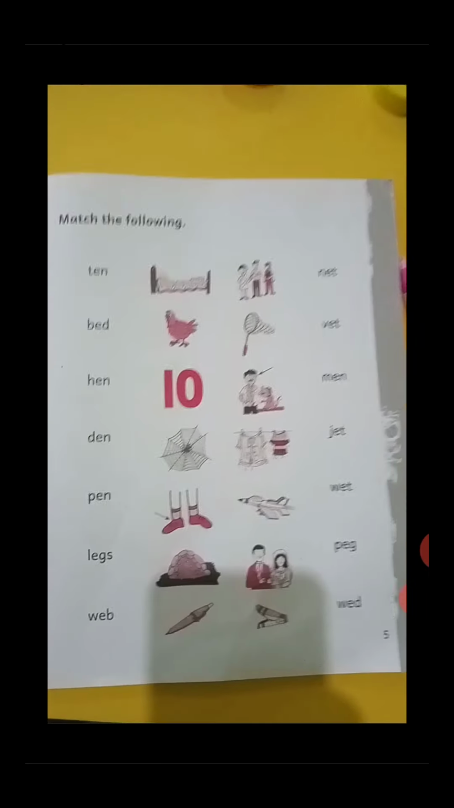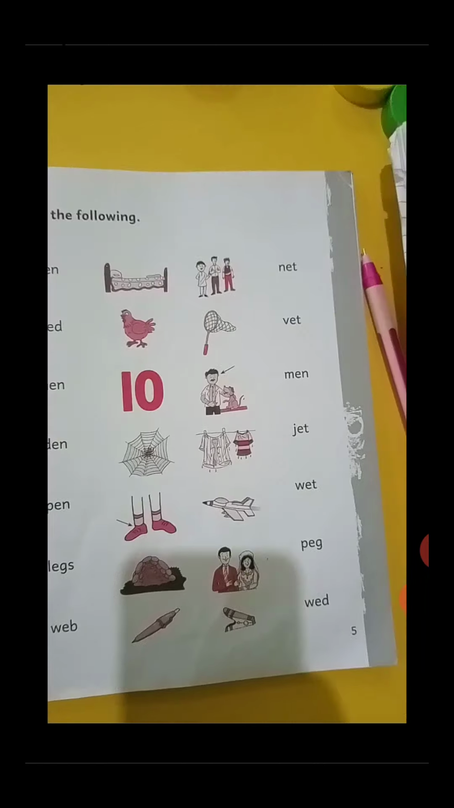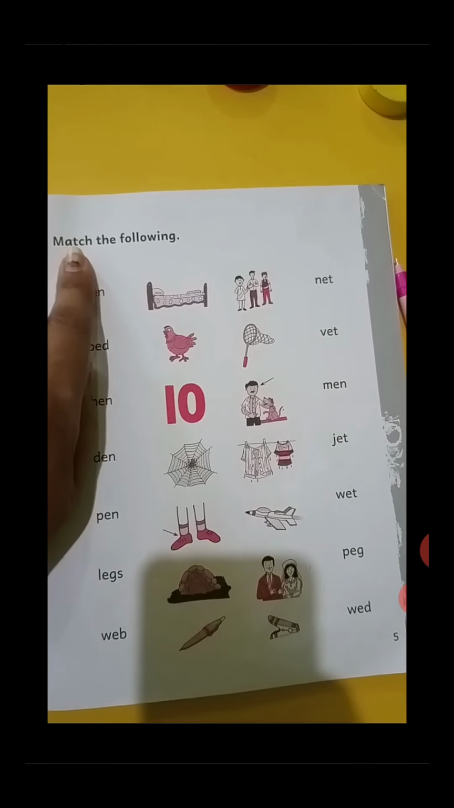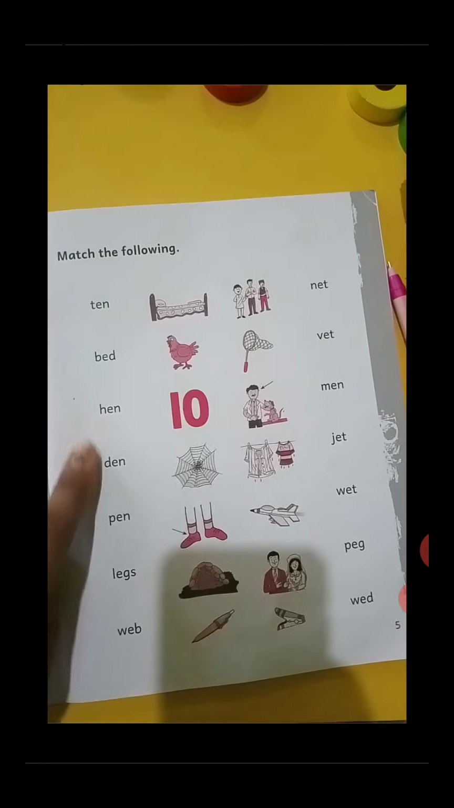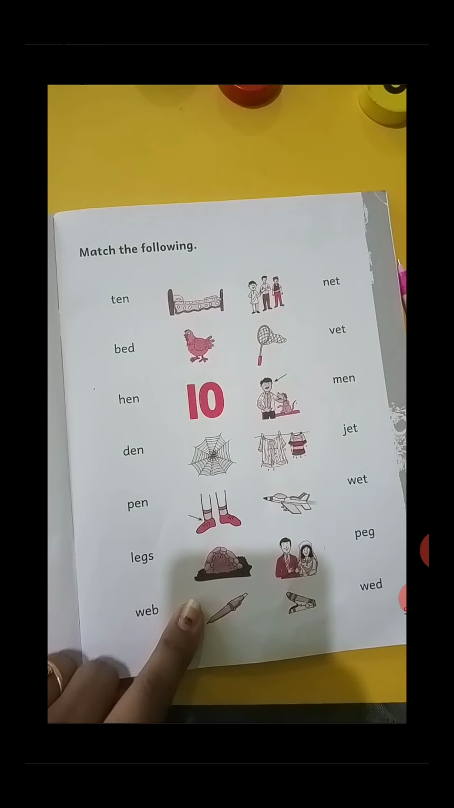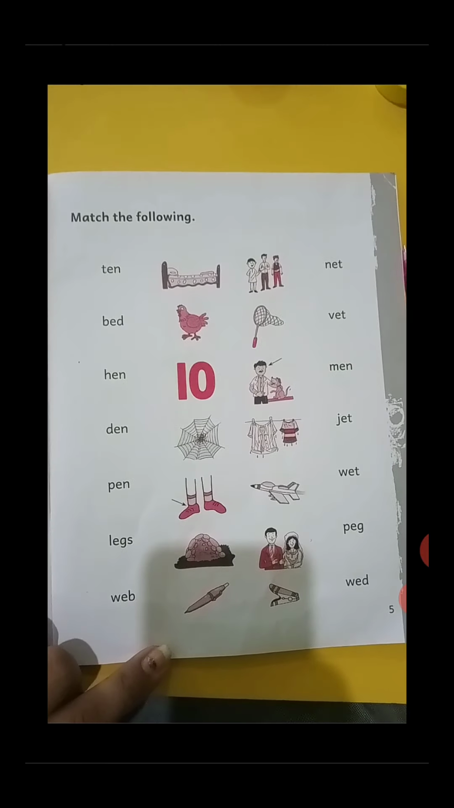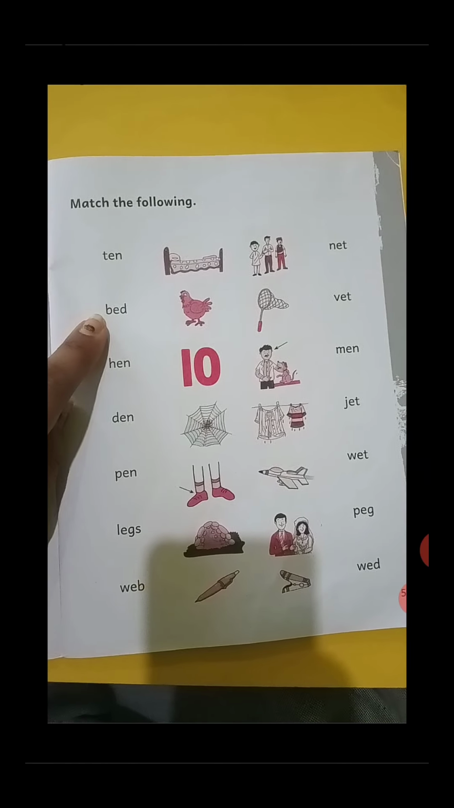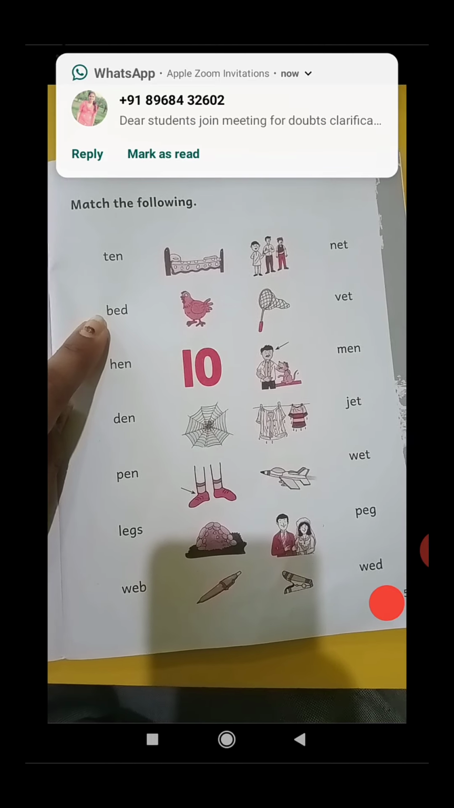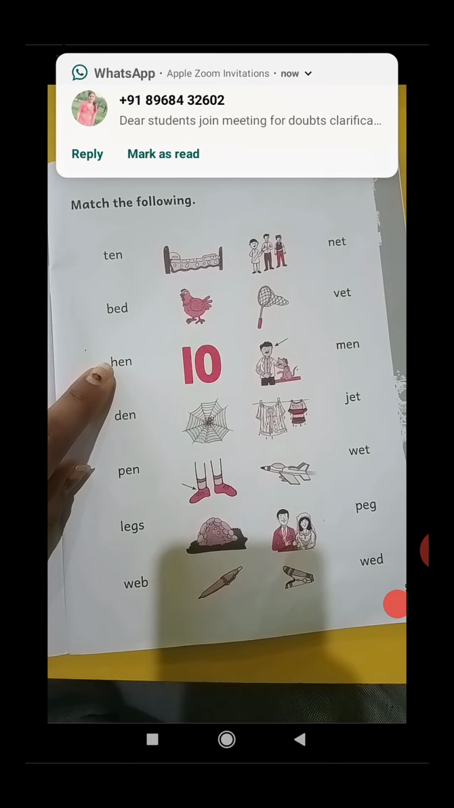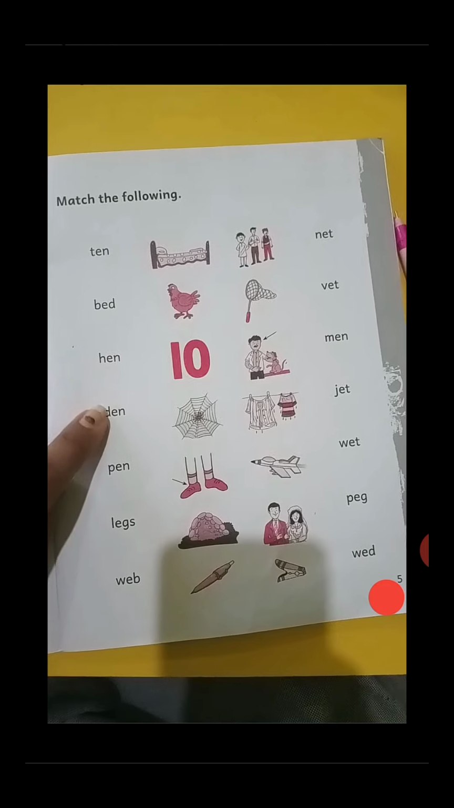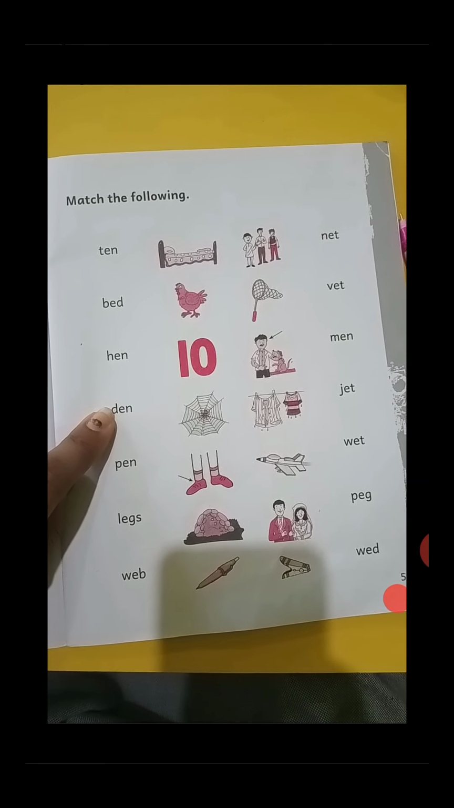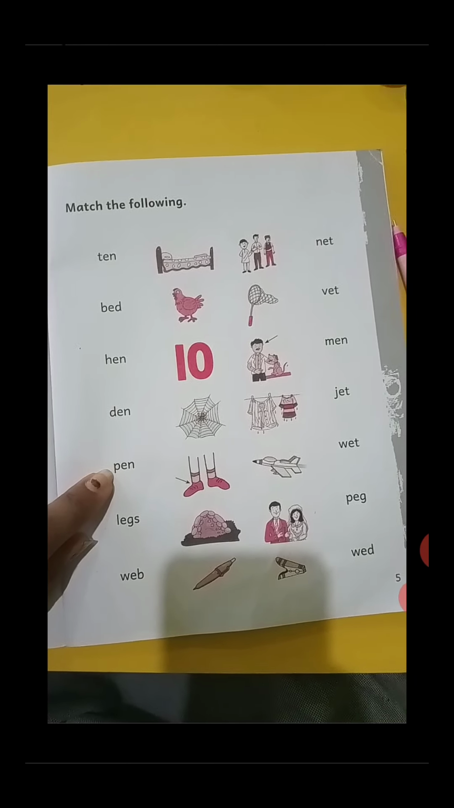R-E-D, red. After that students, open your book, phonetic booklet, page number 5. Here students, match the following E-sound words with their pictures. Firstly, we did T-E-N, ten, B-E-D, bed, H-E-N, hen, D-E-N, den, P-E-N, pen,